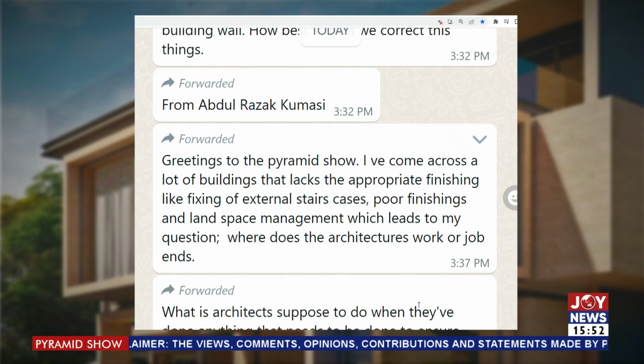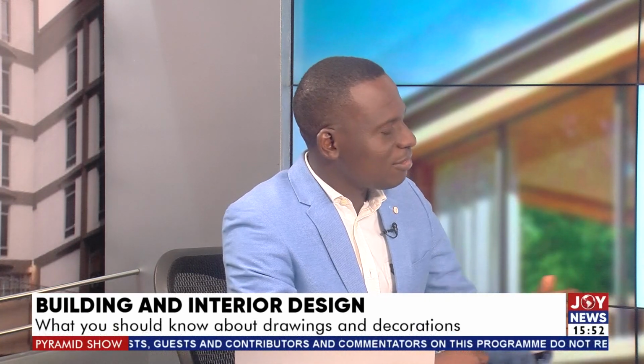Okay, so my last but one question. We do not have much time, forgive me. We are going to respond to them via WhatsApp when we are done. But this one says that the architect's work, is it just with the designing of the building, or does it extend to the landscape, the fence wall, the septic tank design?